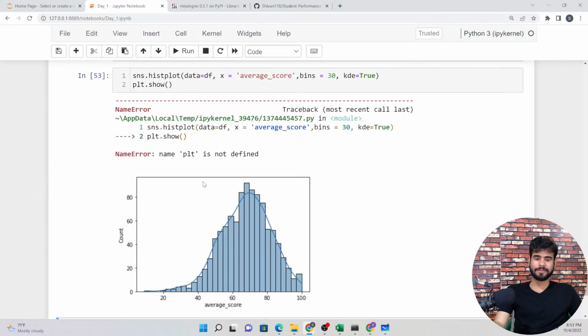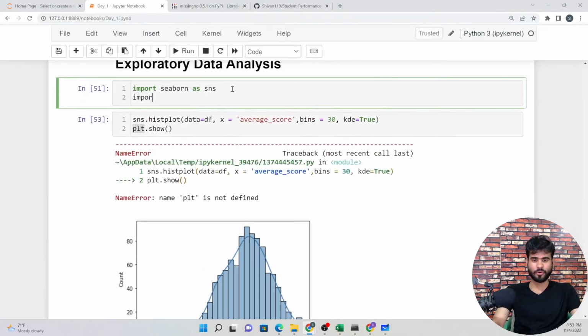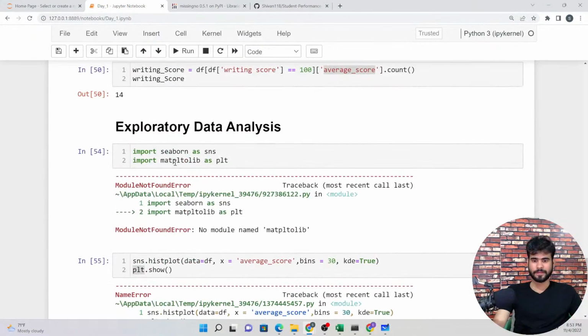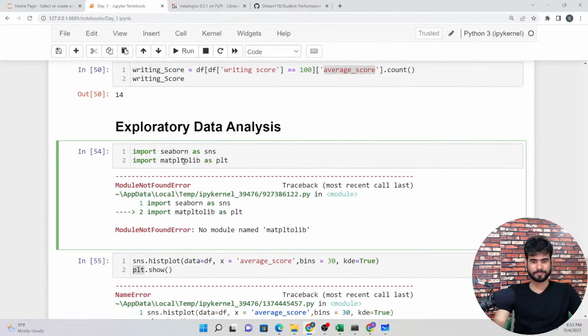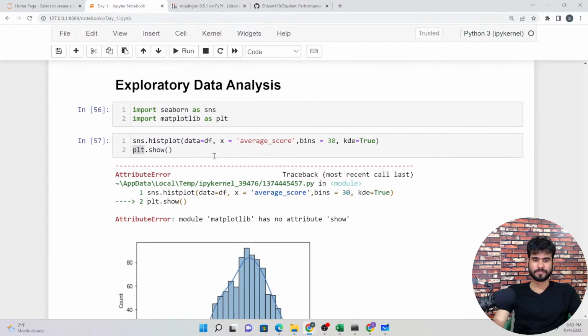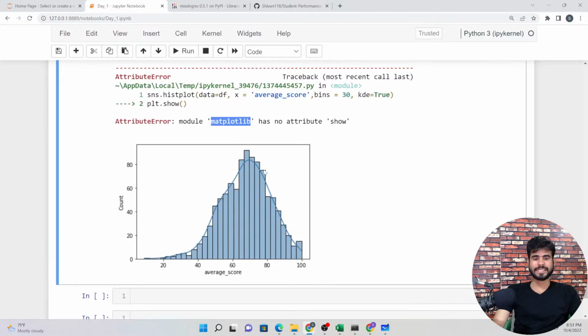Now plt, because I'm using matplotlib, I need to import matplotlib.pyplot as plt. Okay, no issue. You can just check this out.